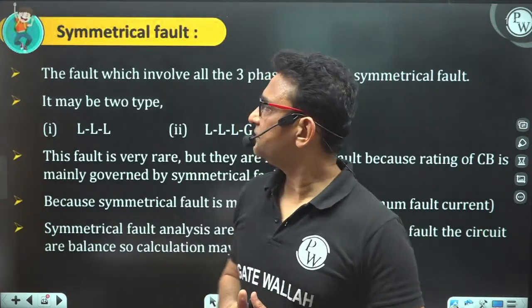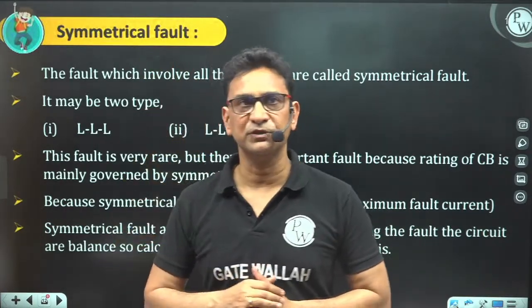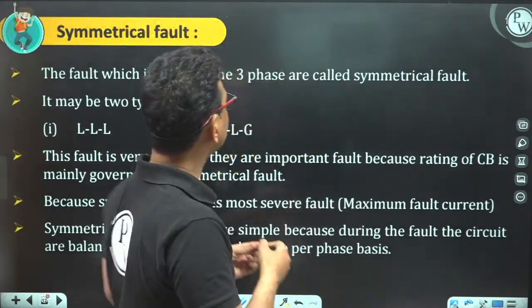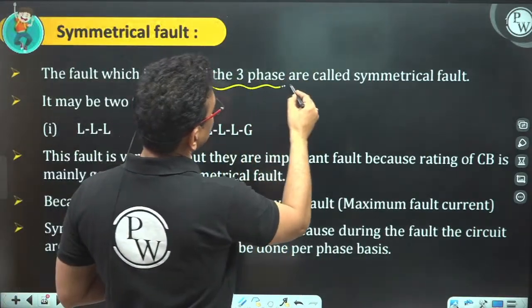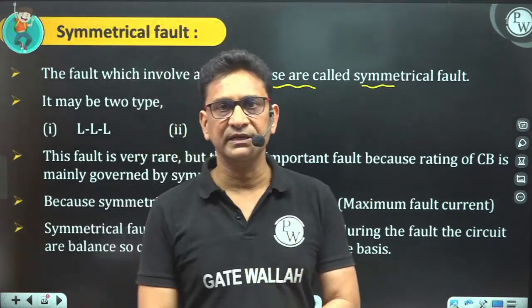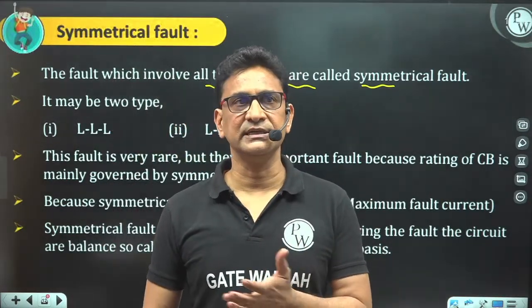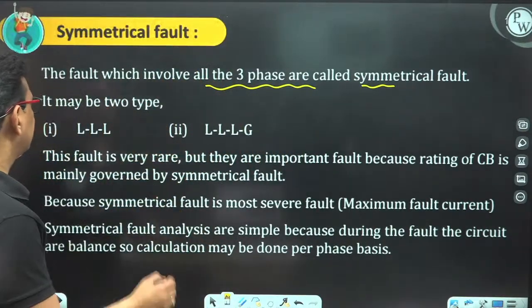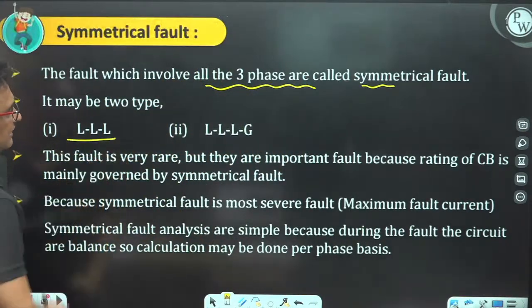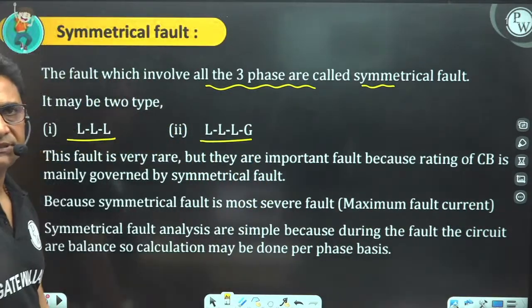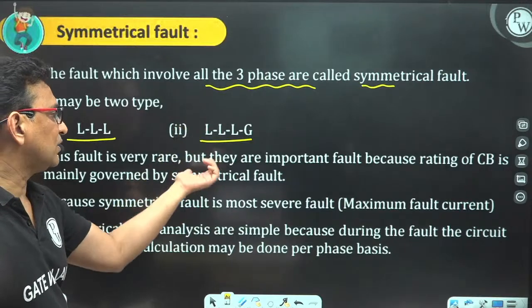But whenever a symmetrical fault takes place, what is the symmetrical fault? If in any fault all three phases are involved, it is called a symmetrical fault. I already told you it may be of two types: a triple line fault, that means all three phases are short circuited, or a triple line to ground fault, that means all three phases are short circuited and also short circuited